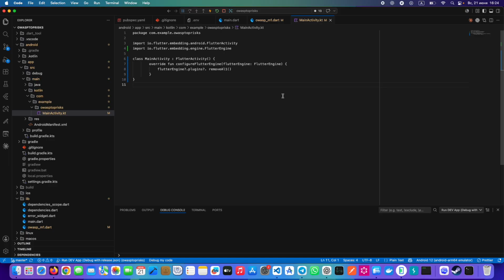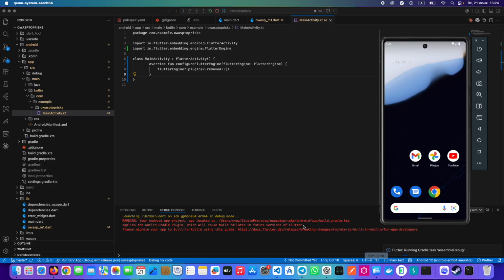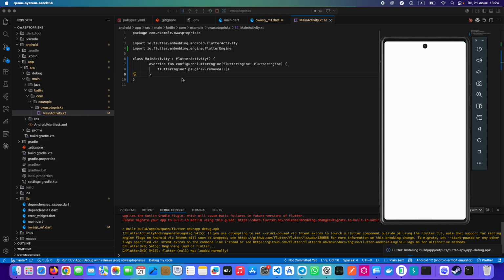So just check it out, this one. It means that activity override, configure Flutter engine, Flutter engine plugins, remove all. It means that when we run our application right now, it doesn't work. Maybe error. It means that when you run your application in main application, main activity Kotlin Android file, every